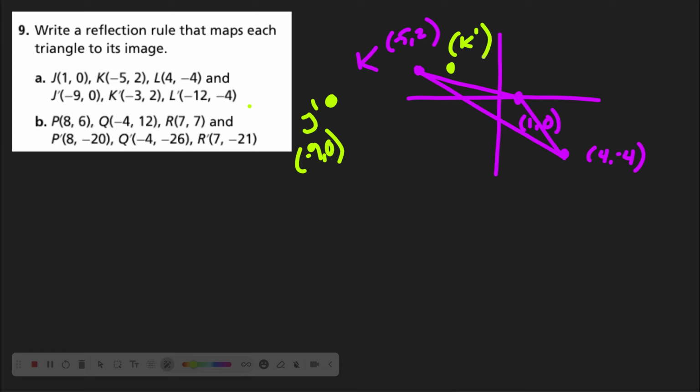What in the world? I'm pausing this bad boy. Okay, a lot of good things being said now. So this is negative 12, negative 4. And this isn't really easy to see, but it looks like maybe we've just reflected it